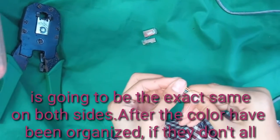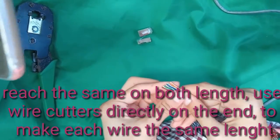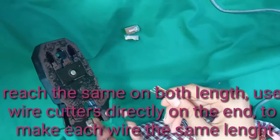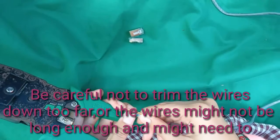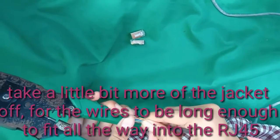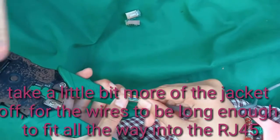After the colors have been organized, if they do not all reach the same length, use the wire cutters to trim them end to end to make each wire the same length. Be careful not to trim the wires down too far, or the wires might not be long enough and you might need to take a little bit more of the jacket off for the wires to fit all into the RJ45